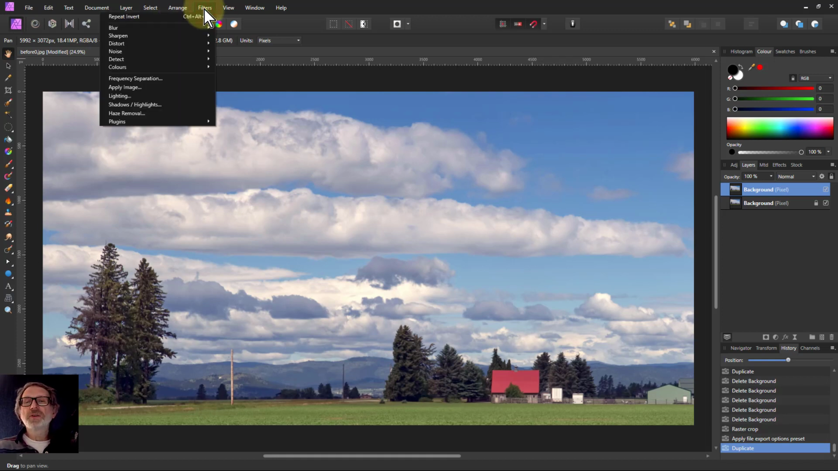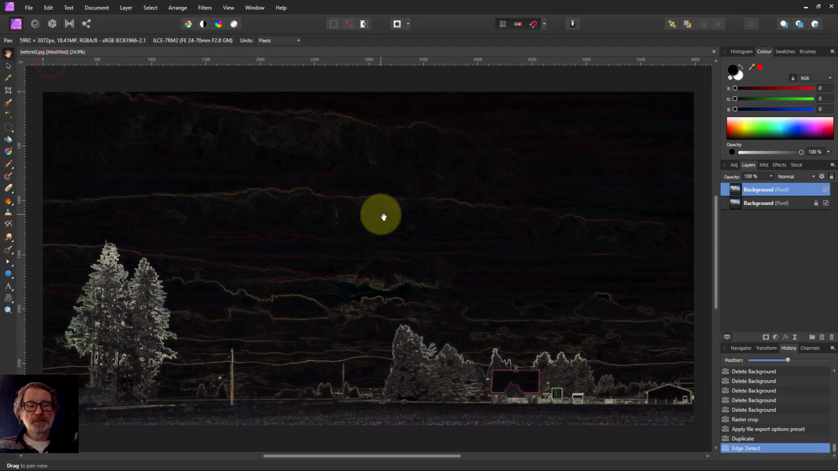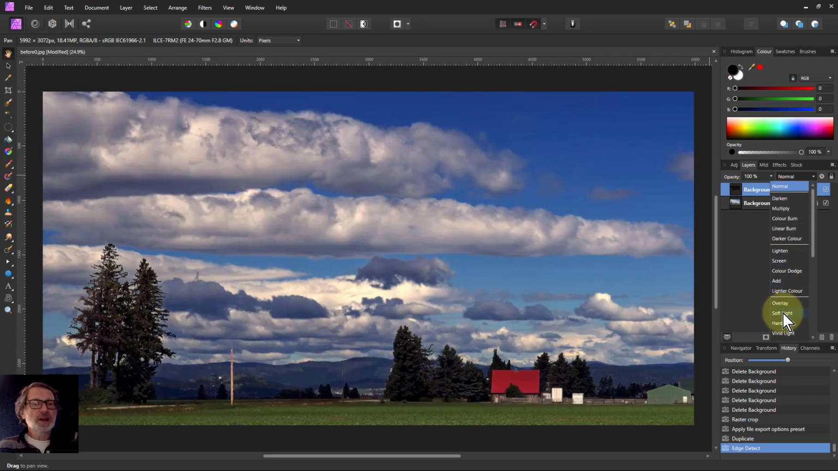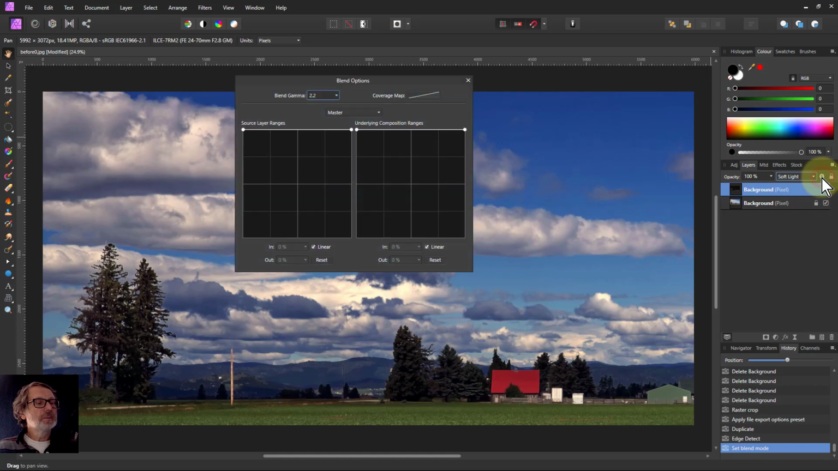the filters, detect and detect edges, which gives us this sort of thing, and the swirls are appearing in here, but hang on, we'll be there in just a minute. Overlay that to soft light, and what we're going to do now is go to that little thing up there, the blend ranges, and we're